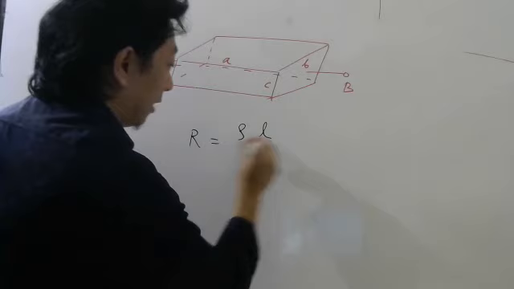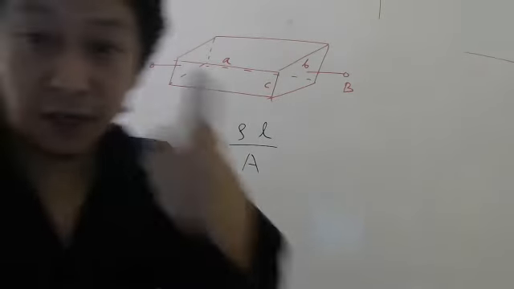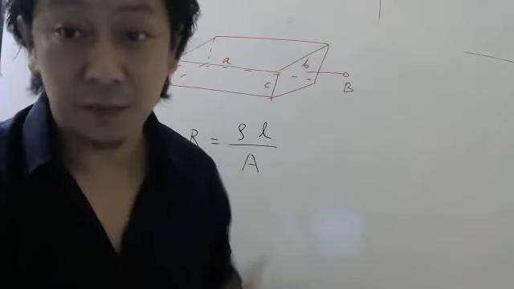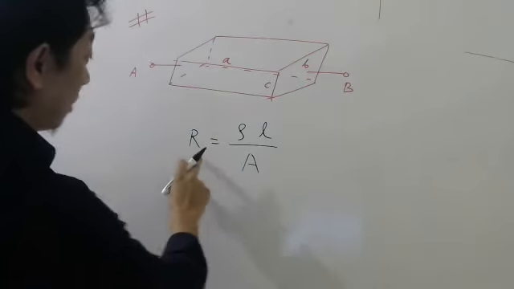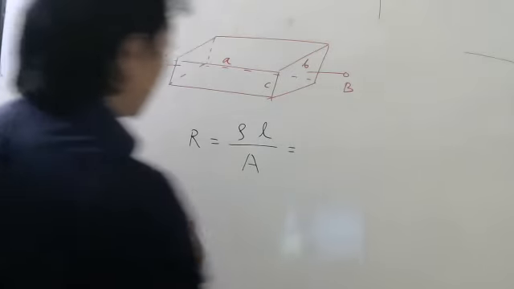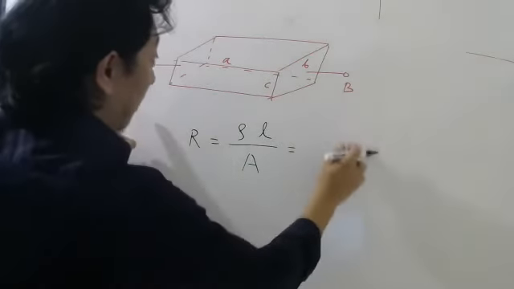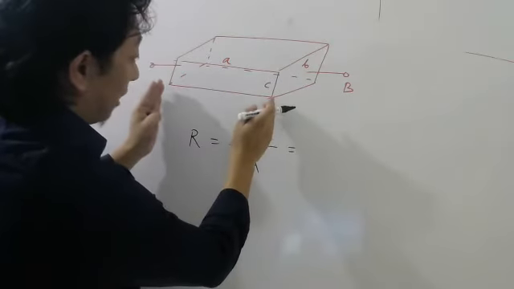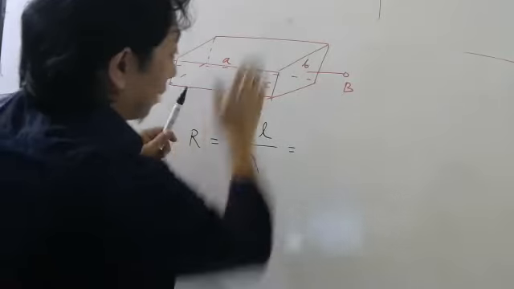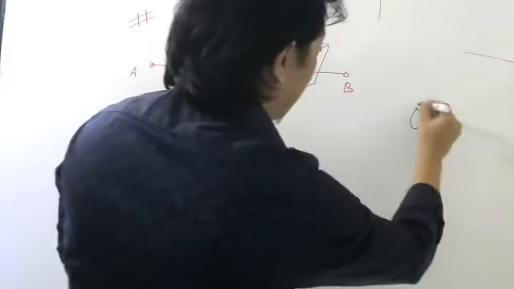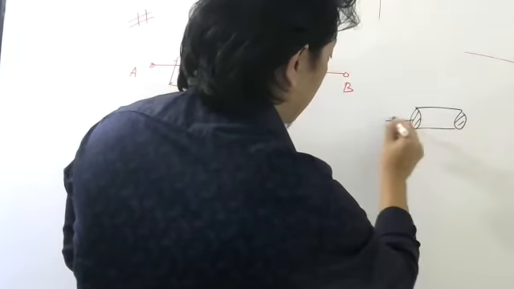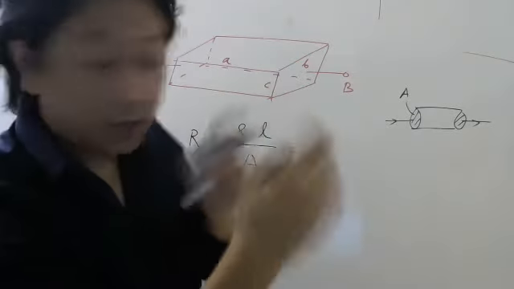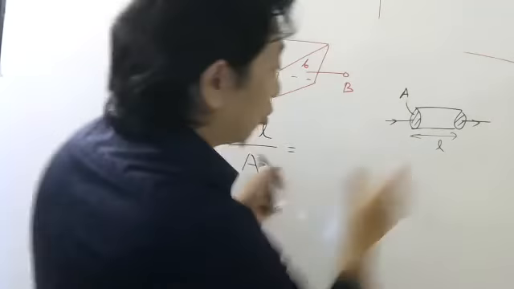Formula is what? Rho L by A. Those who know the formula, very good. I have seen many of you know this formula. Those who don't know, memorize. 10 times, 20 times you have to say, because this is an experimental fact. So resistance is rho L by A. Now, if you connect the battery here, current will flow like this. If current will flow like this, this length should be parallel to the current. And this area should be perpendicular to the current. You remember, right? This was the area. When current flows like this, area you have to choose. So area should be perpendicular to current, and length should be parallel to current.